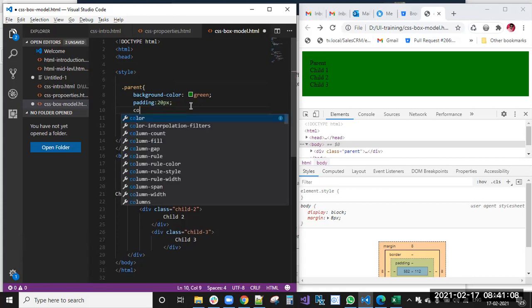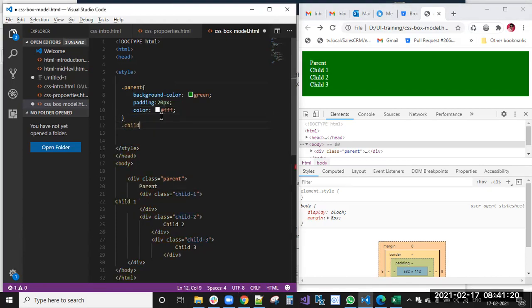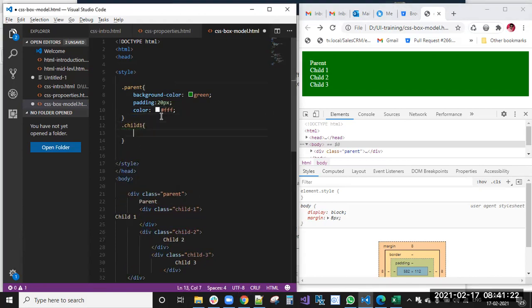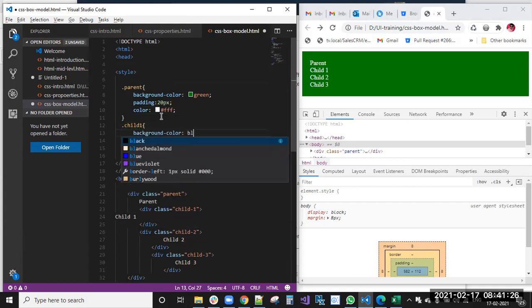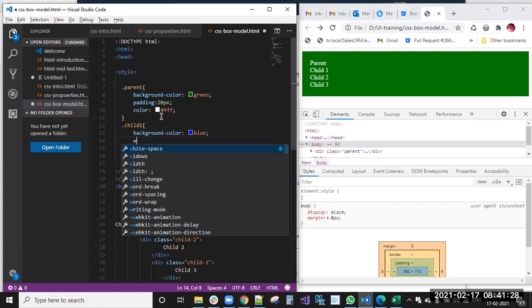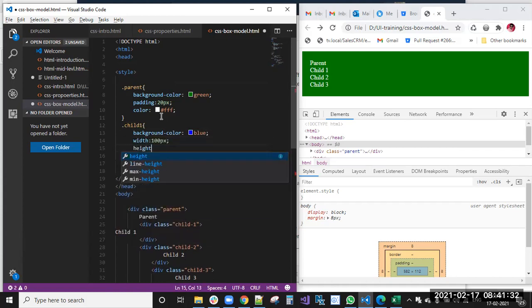Now the color, instead of black, I'm giving white color. Now we'll go to .child-one. For the background color I'm giving blue, with a width of 100 pixels and height also 100 pixels.